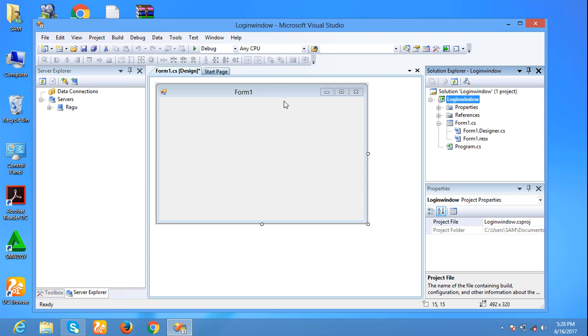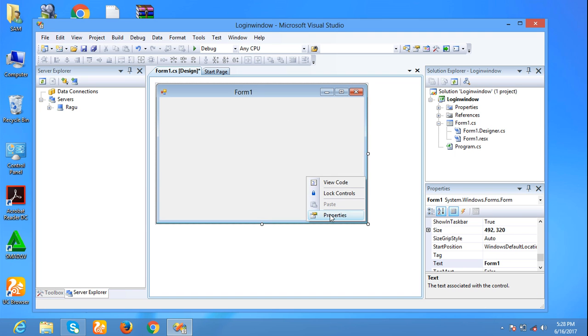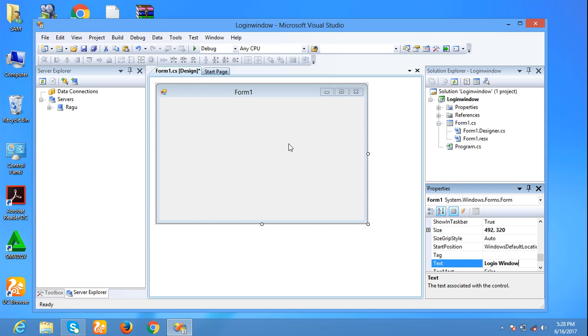Expanding the form size. I am changing the form name to login window.